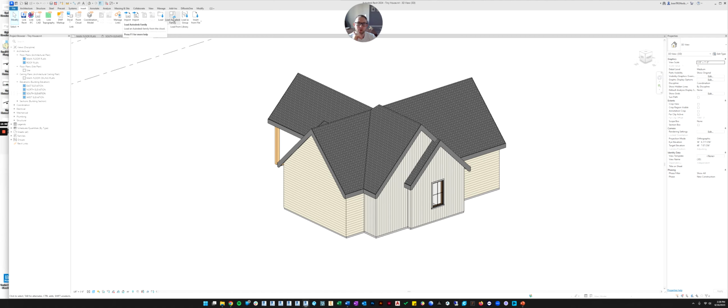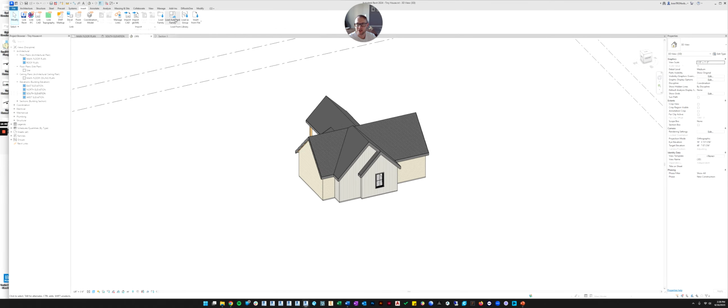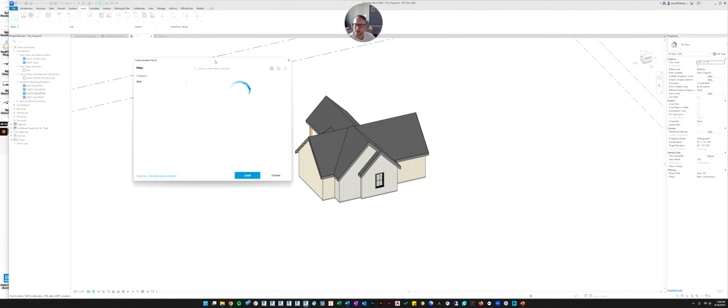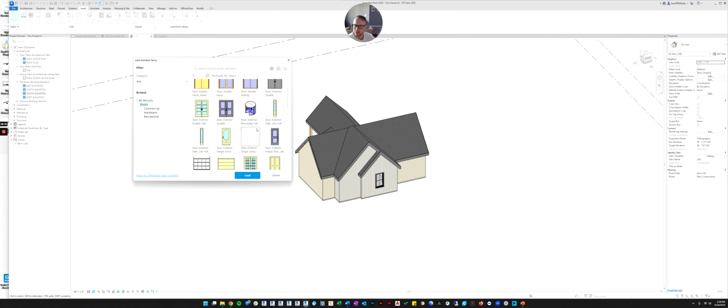They have their own library, and it's not a great library. The doors and windows that are in here now are from the Autodesk library. So let's click on it, and it opens this dialog box, and I think you need an internet connection because it tries to connect to their server. And then you can pick the category. So like doors, we could see what other doors they have.